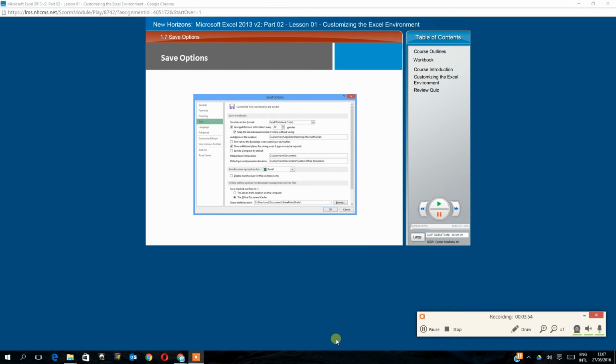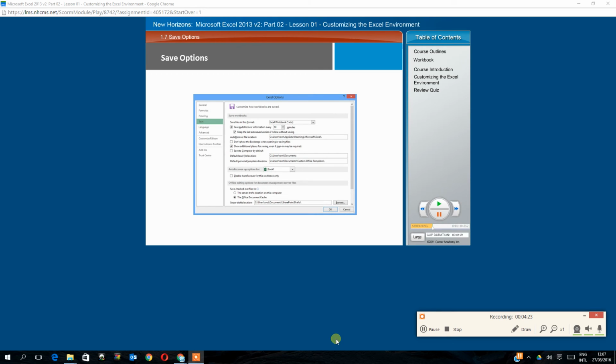The next category under our Excel options that we want to discuss is the Save category. Everything in this area relates to default behaviors for saving your workbooks. One biggie that I want to point out here is this right here, auto recovery. With this checked and a number of minutes specified, what this will do in this case is every 5 minutes